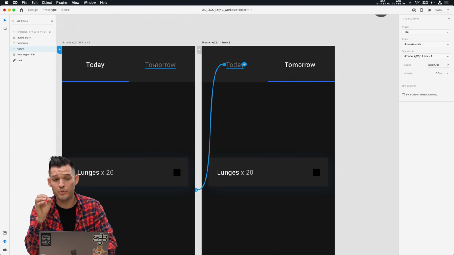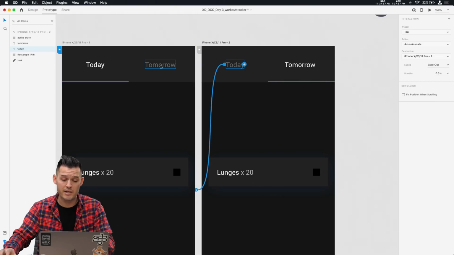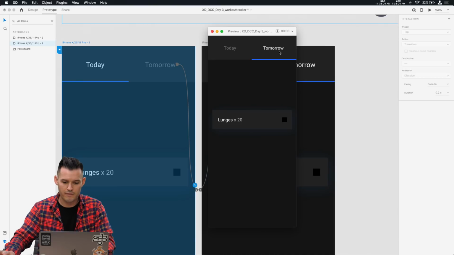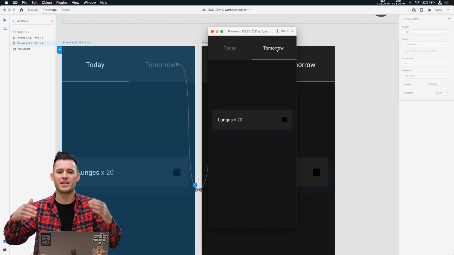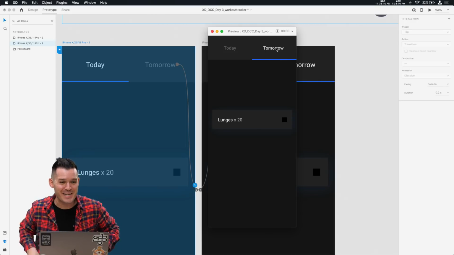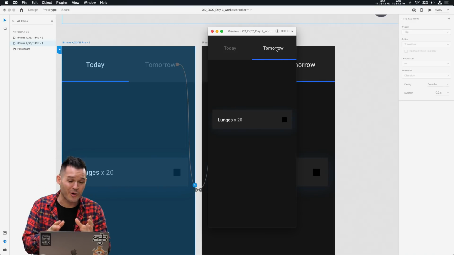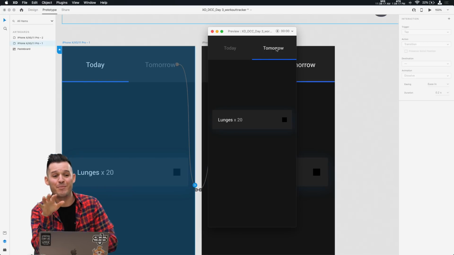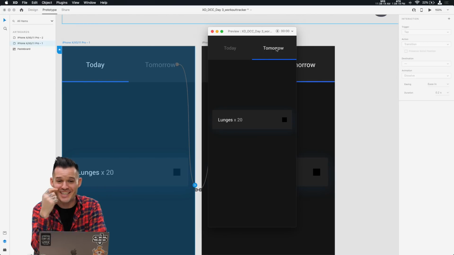XD is gonna remember all of the same prototype settings we just used for the first one, and now we're ready to go. Let's click on our artboard, press play in the top right, and now we have a little Auto-Animate action. It's so simple, it's so good. Don't you just love it? It makes you feel like you did hours of work. It makes you feel like you got down in the weeds inside of Adobe After Effects, but you didn't. You didn't have to. You just went clickety-clack.